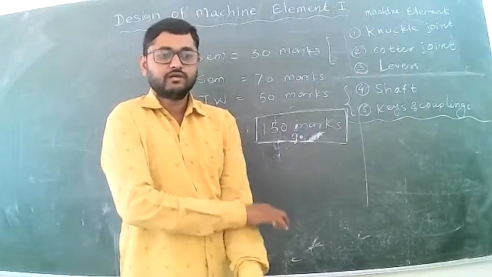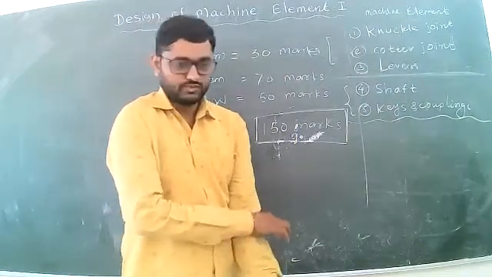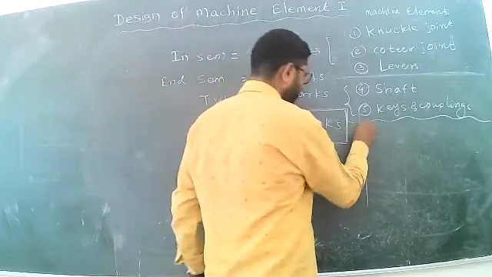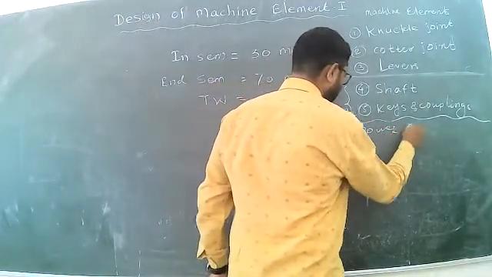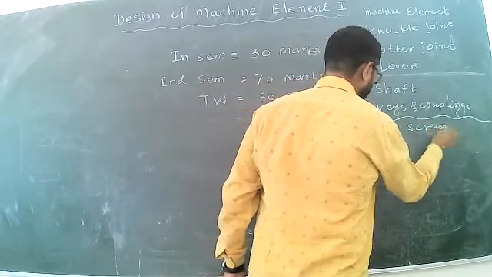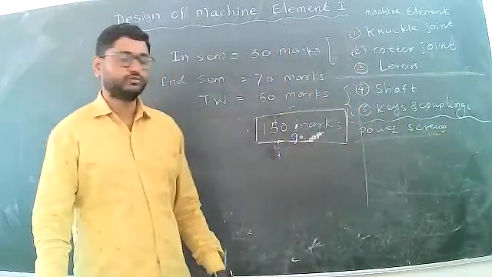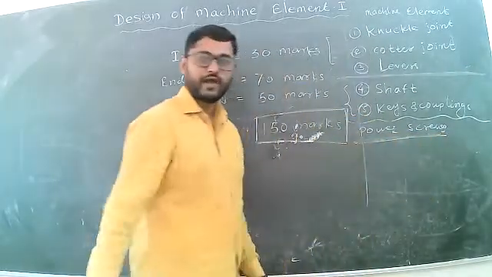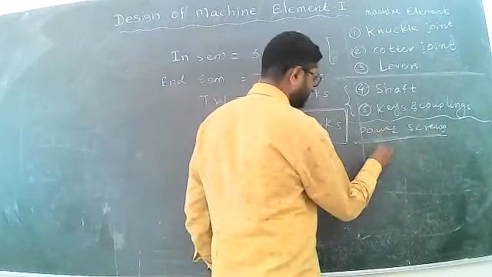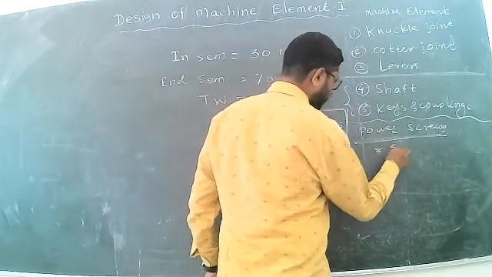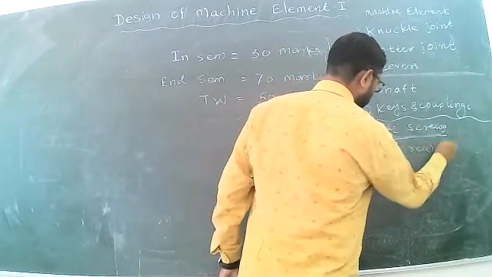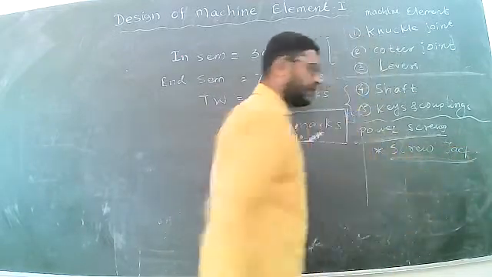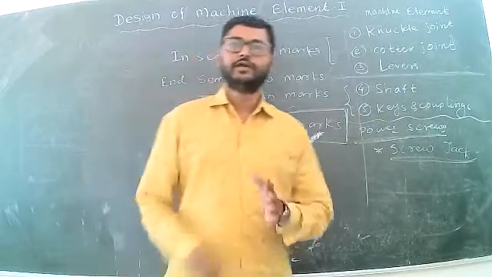Then next important machine elements that we have to design in our syllabus are types of power screws. Types of power screw means what? Again, power screws. The application and the main example of this power screw is nothing but what? Screw jack. Screw jack. So we have to design it in detail.